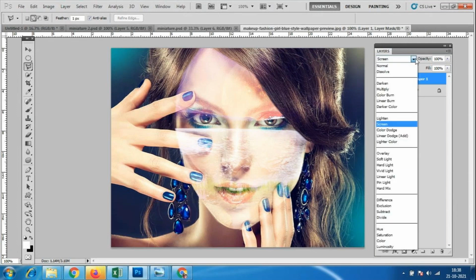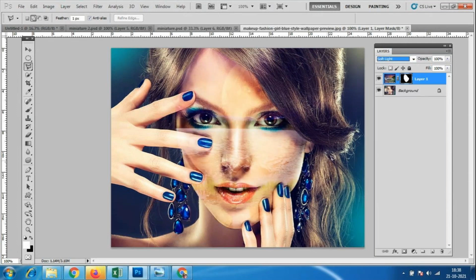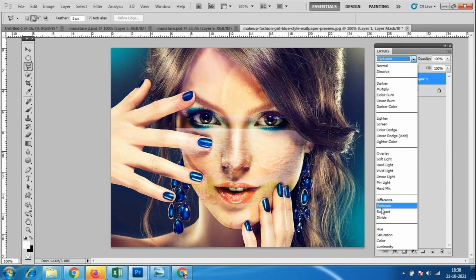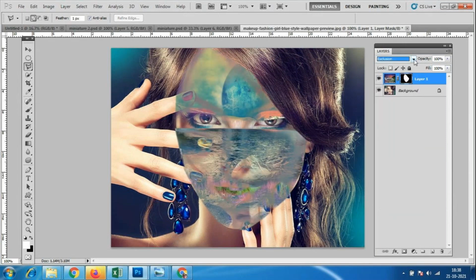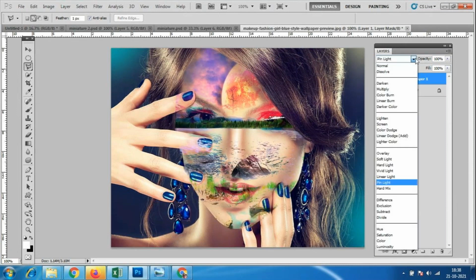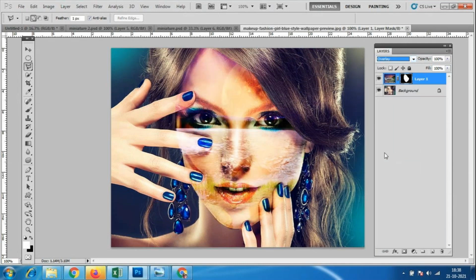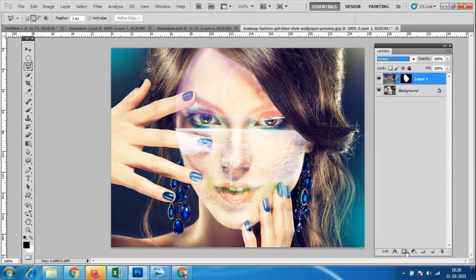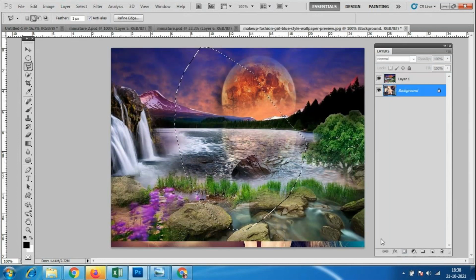So here we have an option, soft light, and it depends upon what kind of options you give. Okay, pin light. So all these options, some of these images you people have seen on Facebook or somewhere. Okay, like this kind of thing. So I have first selected the face, and I went to the next layer, and I have given the layer mask over here. Okay, so what we have to do is select the face over here, and I'll come back to layer 1.